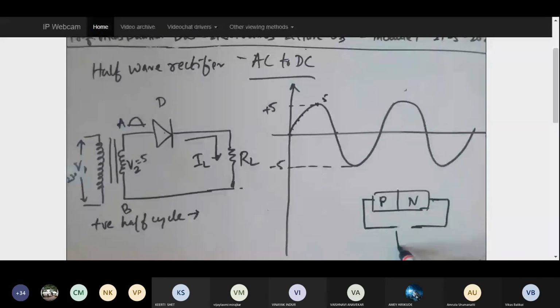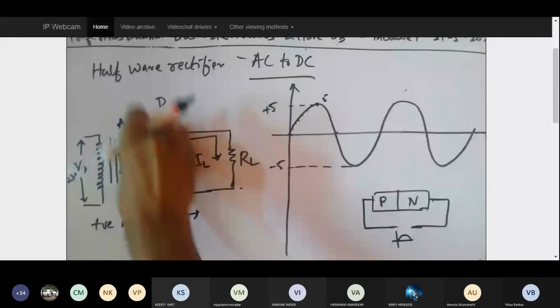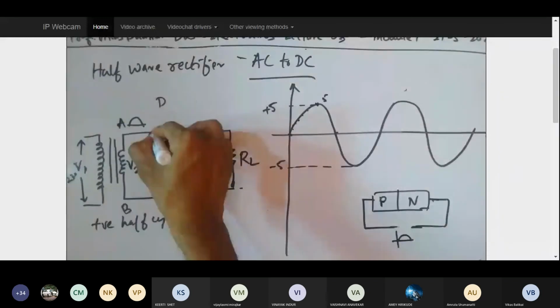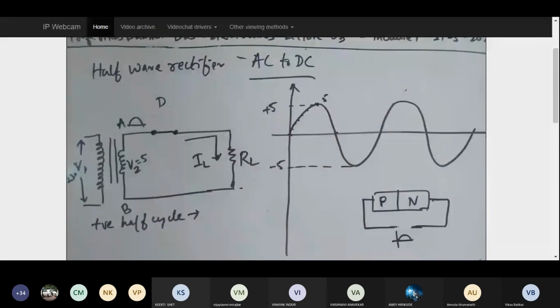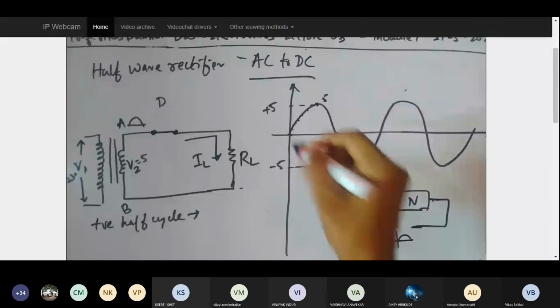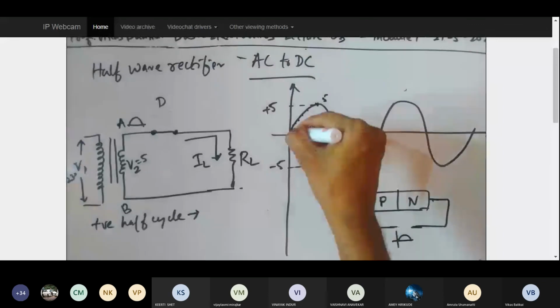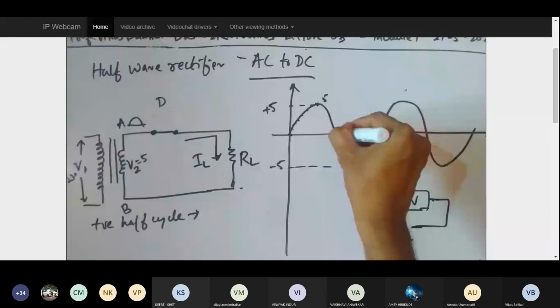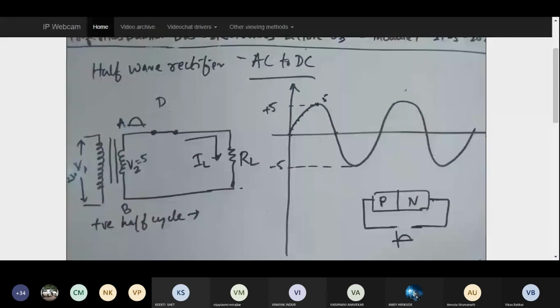If the diode is getting forward biased, what does that mean in terms of switching action? It means the diode is conducting, behaving as a closed switch, which means current is smoothly flowing. This continues as long as the diode is forward biased, that is, during the positive half cycle of my input voltage. When the diode is forward biased, current through the diode will easily flow, and that current comes out of the diode over here.